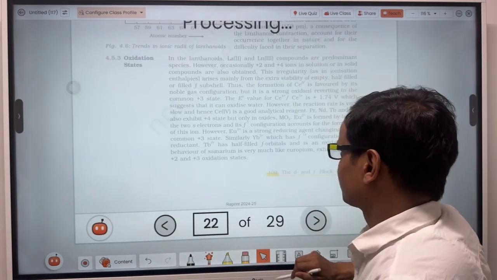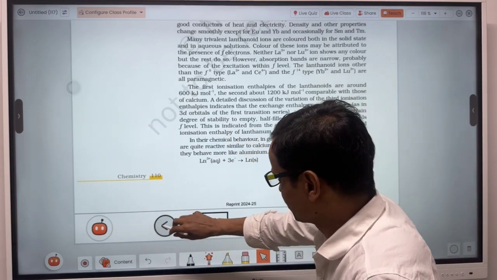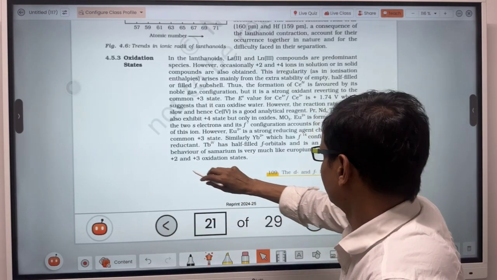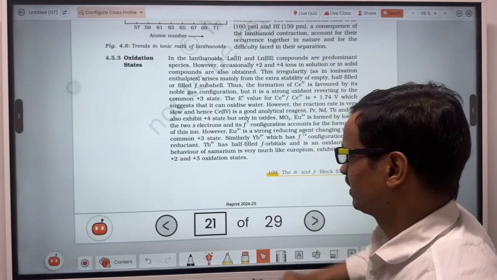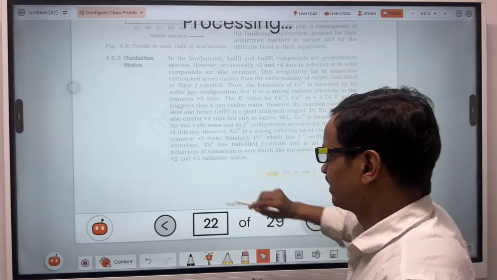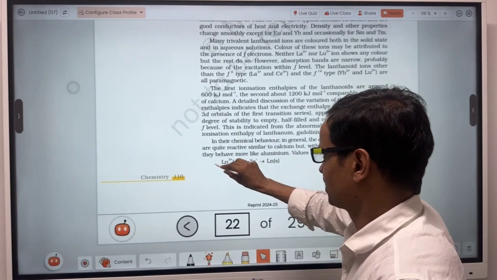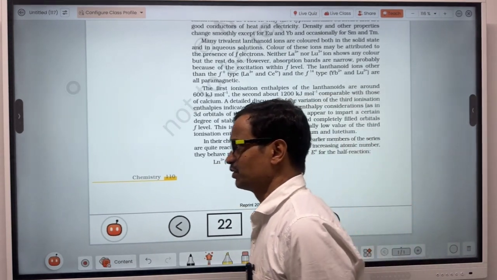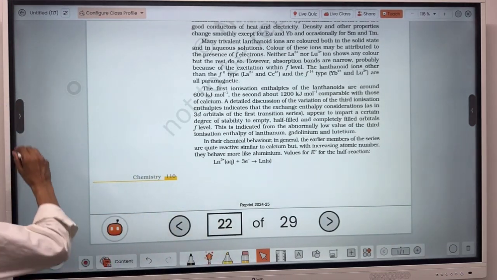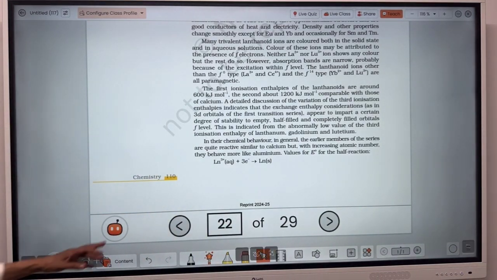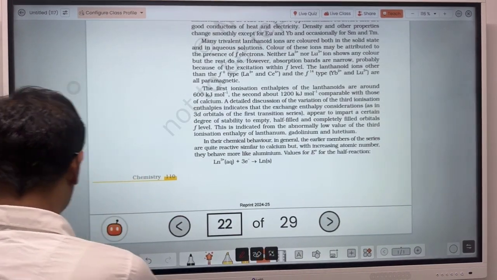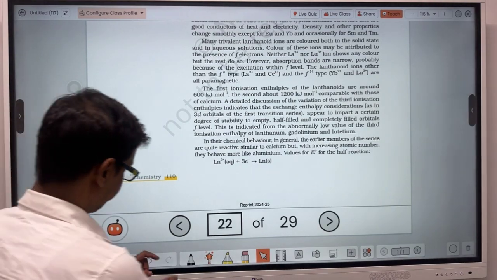So usually the lanthanoids show +2 and +3 oxidation states. But most frequently the lanthanoids show the +3 oxidation state. Lanthanoids usually show the +3 oxidation state. Okay, now one thing I have left,